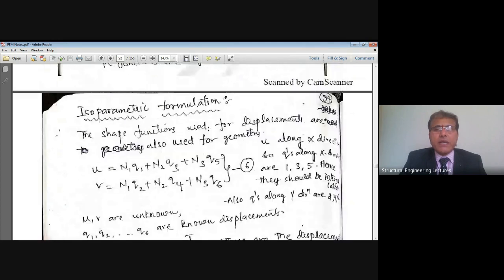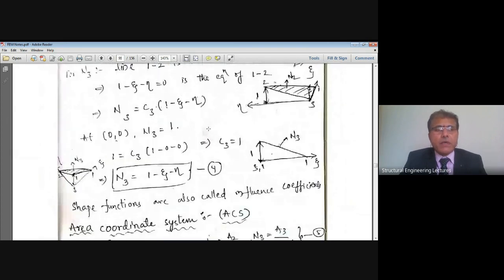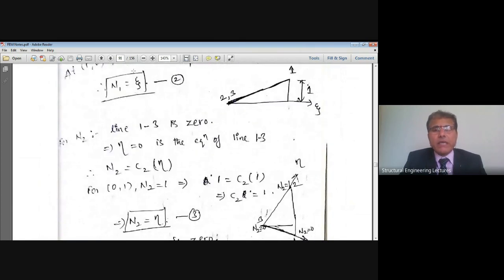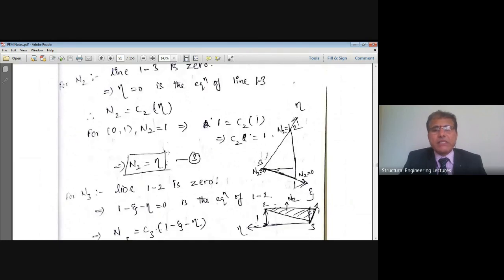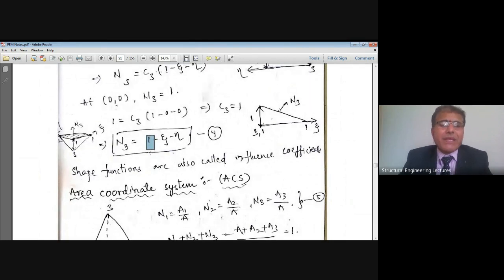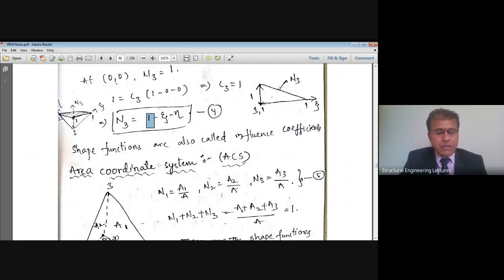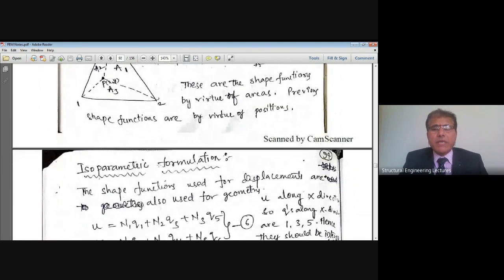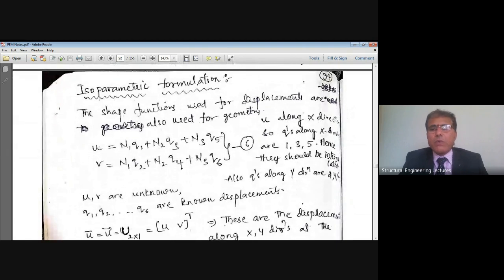And there is also a check of the same using the local coordinate system. Yes, we have N1 plus N2 plus N3, meaning xi plus eta plus 1 minus xi minus eta. Minus xi plus xi cancels, minus eta plus eta cancels. Only 1 is now left. Here also in the local coordinate system, N1 plus N2 plus N3 equals 1 is satisfied. Is it clear, students? Right? That is how the check works for the local coordinate system as well as the area coordinate system. Once we do that, then we'll move to the isoparametric formulations.